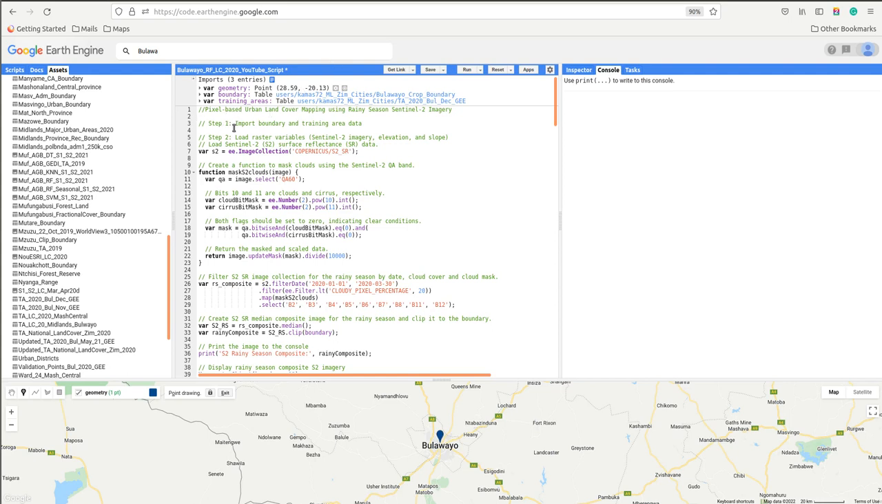All right, so we are going to perform a pixel-based classification. So we are going to use rain season Sentinel 2 imagery data. Right, so the first step, we've already done it. We have imported the boundary and the training areas. So the next step is to load in the Sentinel 2